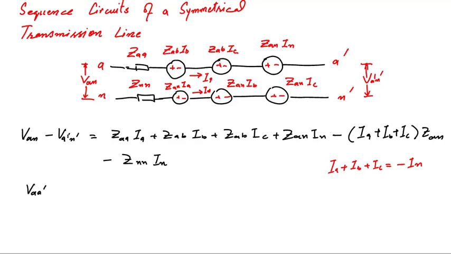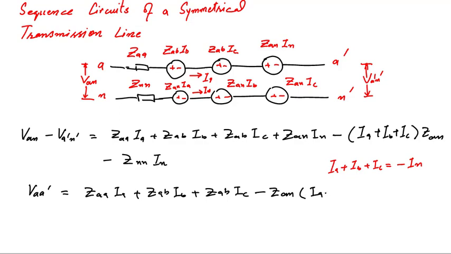By definition it is equal to this. That is, it doesn't mean that is the voltage drop between point A and A prime. No, this is 2N voltage with respect to neutral, their difference. So that can be written as ZAA IA plus ZAB IB plus ZAC IC plus, here if we put the value into ABC we can write it as minus ZAN into IA plus IB plus IC